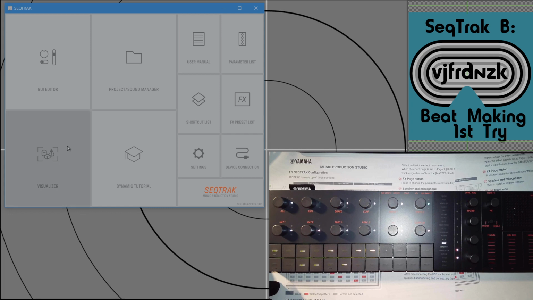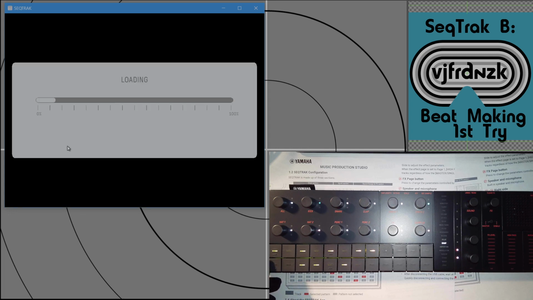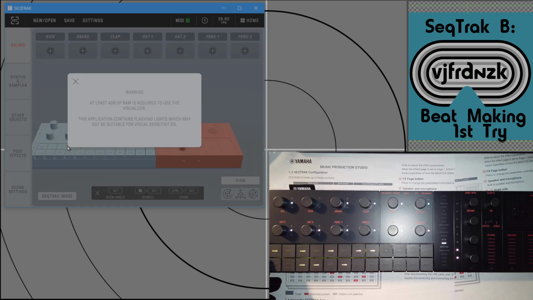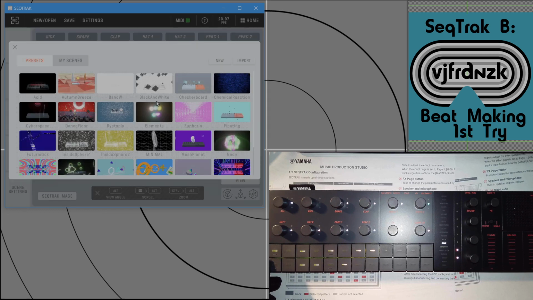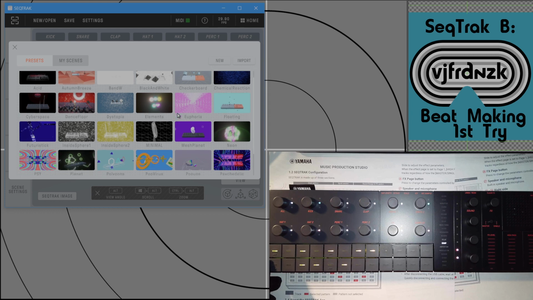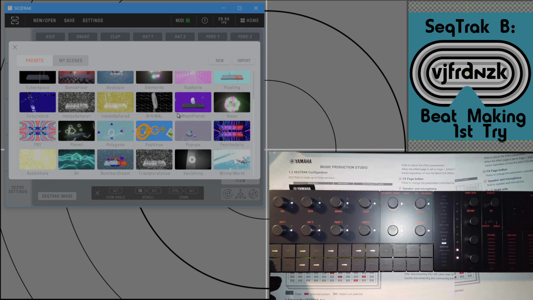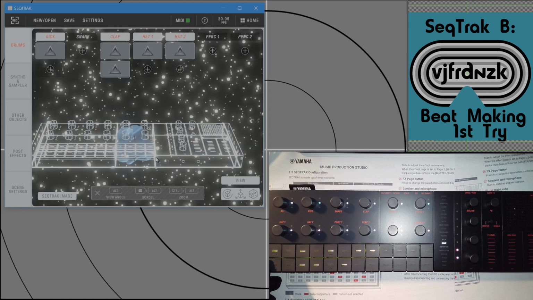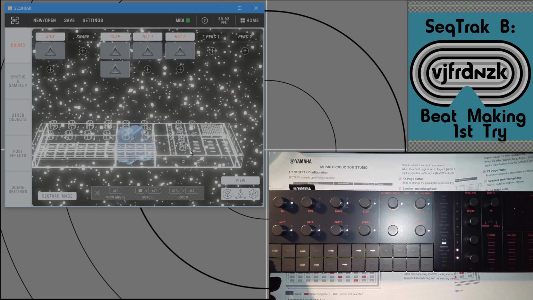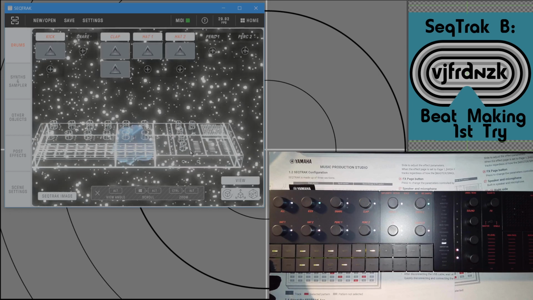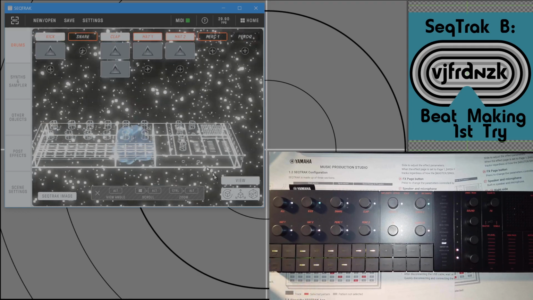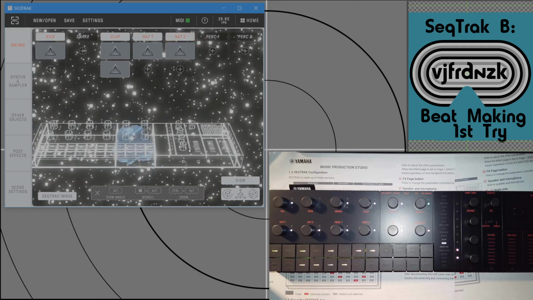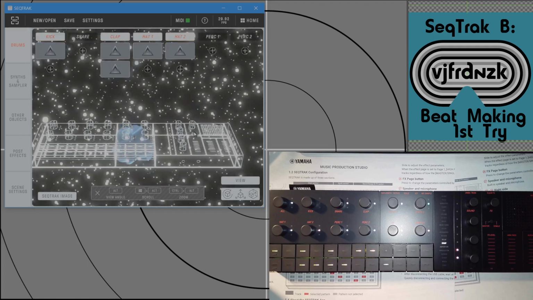Oh wait, we have to look at the visualizer and see what is going on here. It's loading. Warning, gotta use 4 gigabytes of RAM. I can pick out one of these weird scenes and have angular statue. Okay, so what happens when I start playing now? So now it is doing this glitch at